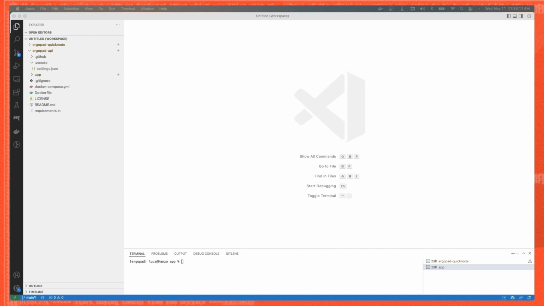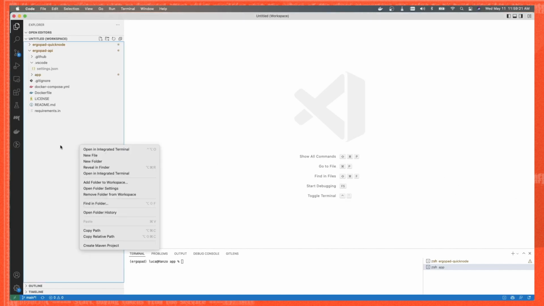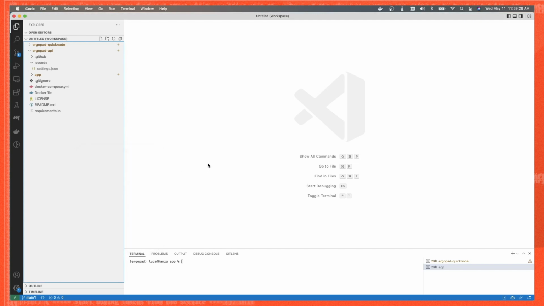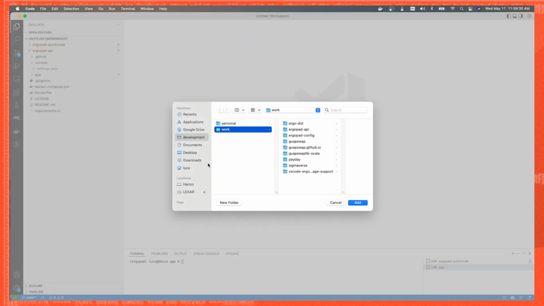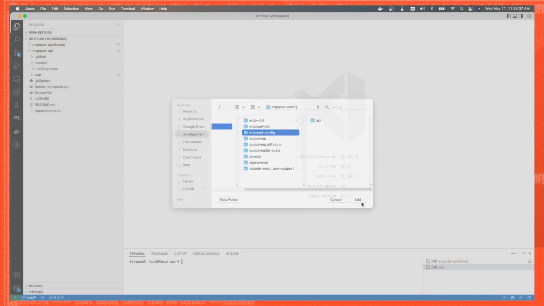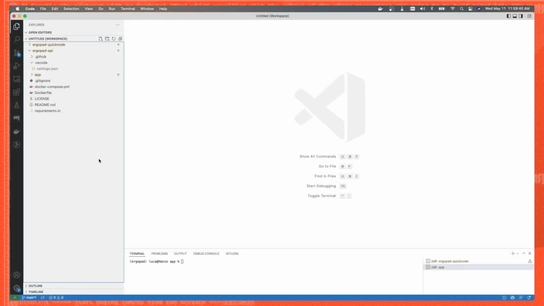So the next thing we're going to do is set up the environment file for the ErgoPad API. In order to do that, I'm going to import the folder where it's contained. Because you don't want to keep the file within the repository itself, you want to keep it outside. So I have it in a folder called ErgoPad config,